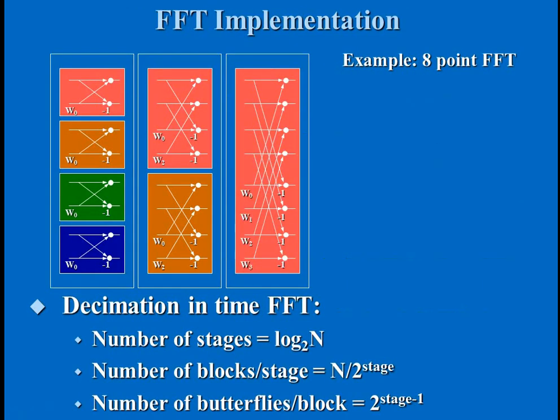Now we'll see some implementations of DIT. For example, here we have taken the N point as 8. Another important point is that we are talking about base 2, that is, the radix is 2. If we bring this N to base 2, we can write the equation as N equals 2 power m. Making it base 2, we can write 8 as 2 to the power of 3.